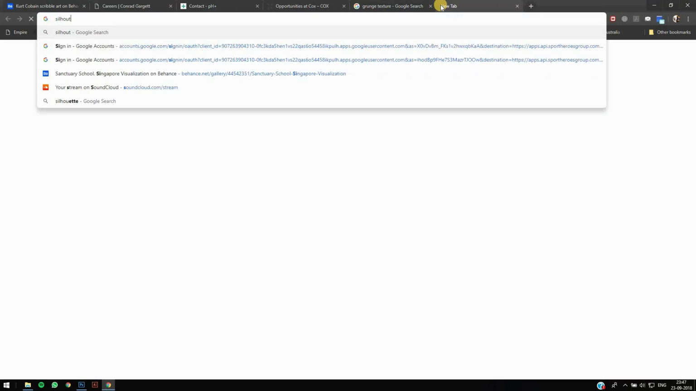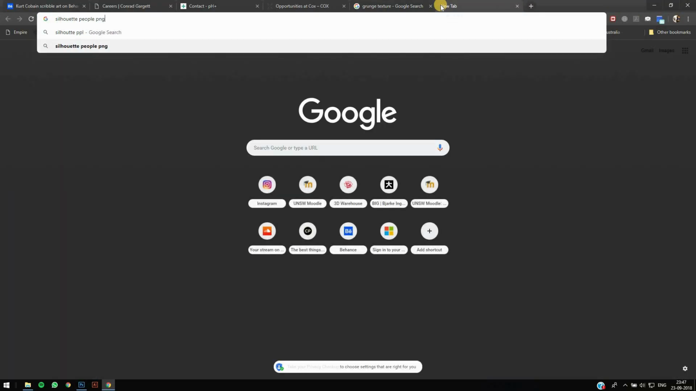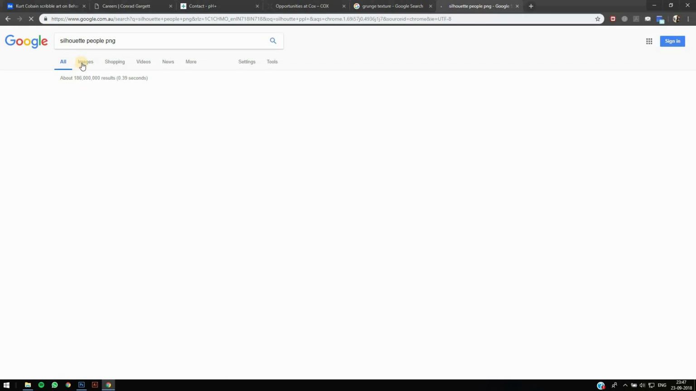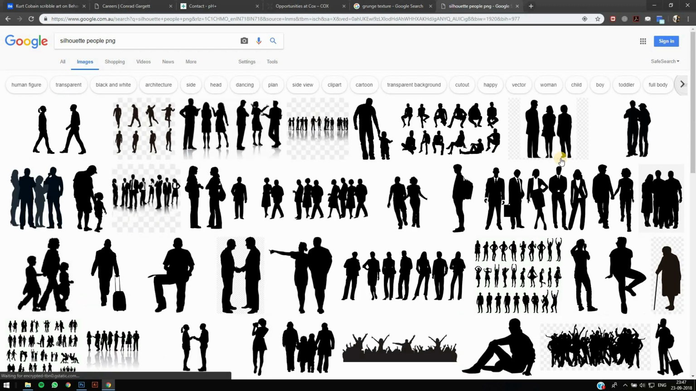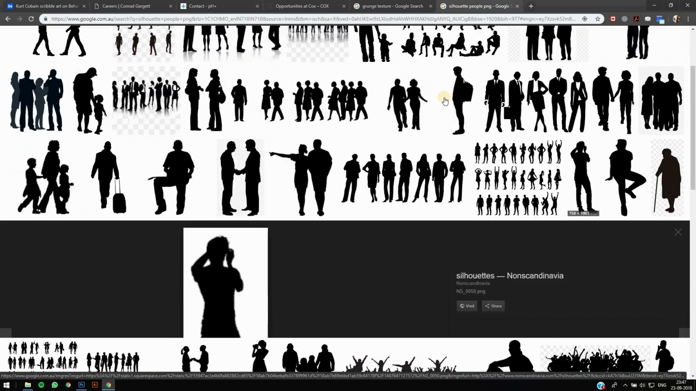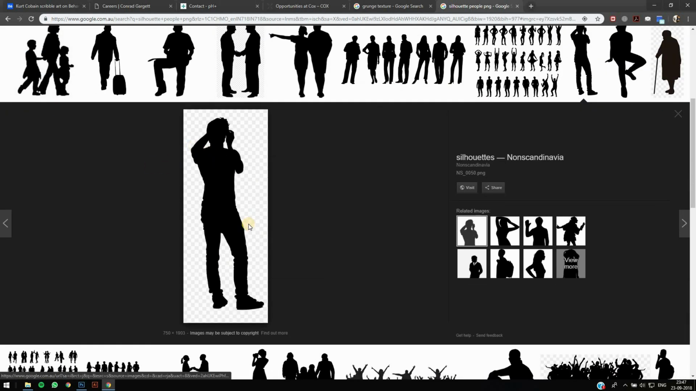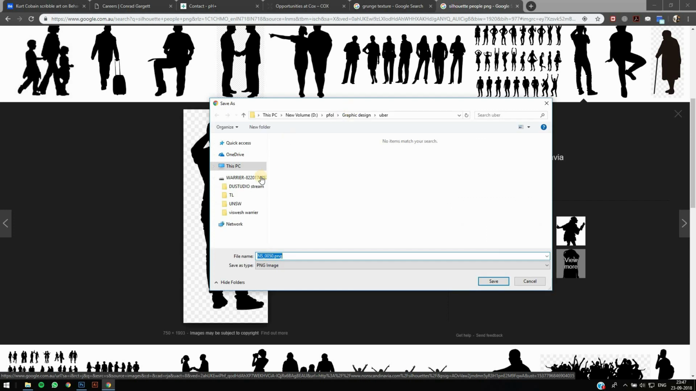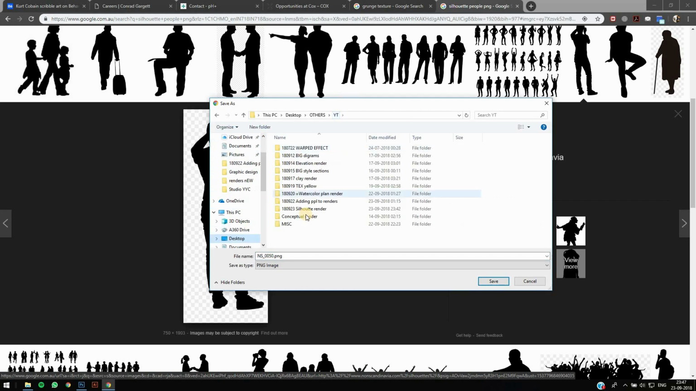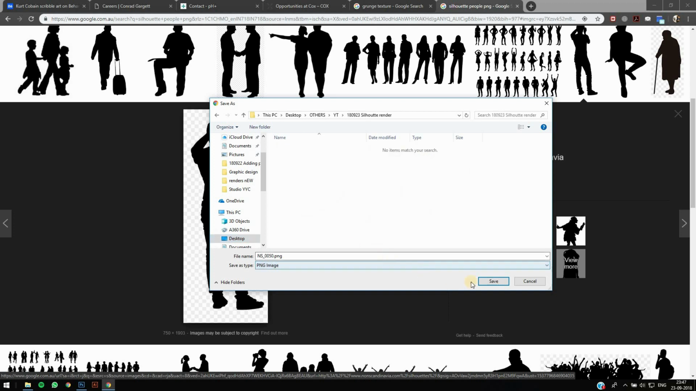Now let's add a person's silhouette. So I just use Google, search that, go to the image, select the person silhouette which is sort of in the right angle compared to it. I just save the image,